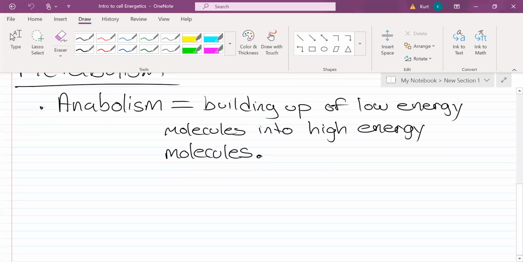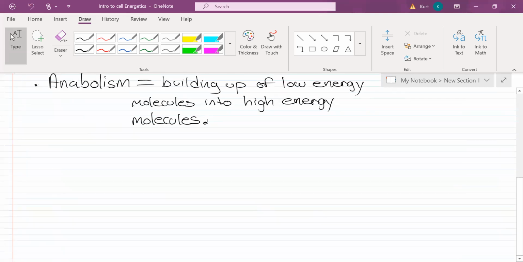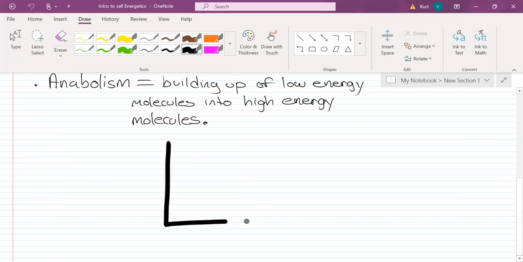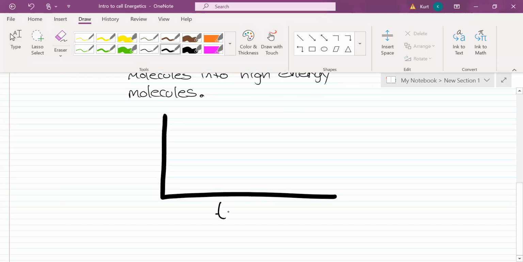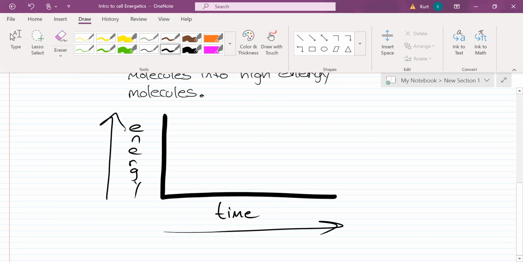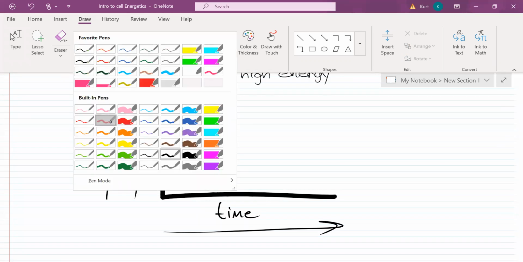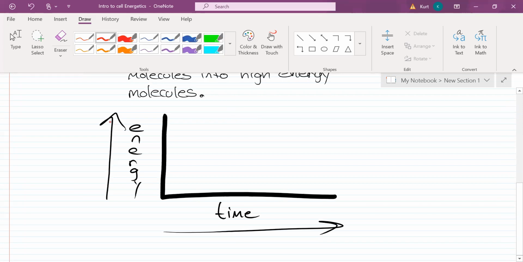Now, if you actually put this on a diagram, which when you take the AP Biology exam, guys, there are a lot of graphs. And it's easy to read them, but you're in this class to learn how to read them. So no sweat. You have an XY axis here. The x-axis is time. The y-axis is energy. As you go left to right on time, time moves forward. As you go up on the y-axis, energy goes up. According to anabolism and something else I'm going to get to momentarily,